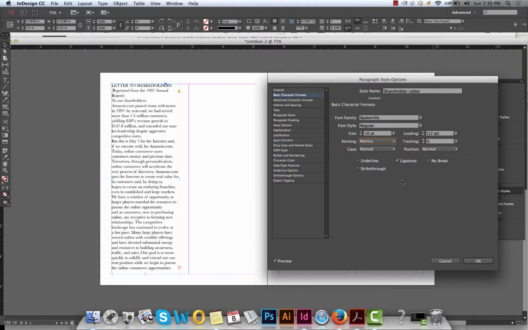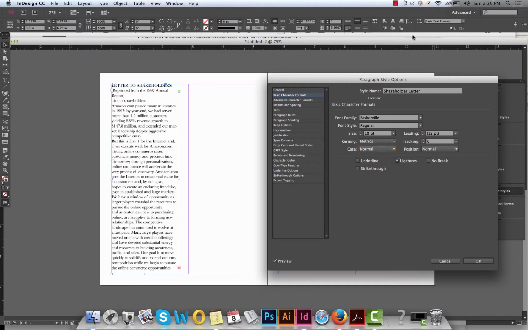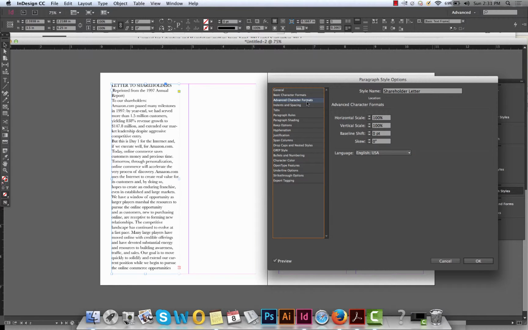Kerning, we don't really want to do that right now. And then just so you know, here are your normal, small, all caps. Again, we don't really want any of this for right now. So with this, you can have advanced character format, so you can work with scale in each of these,